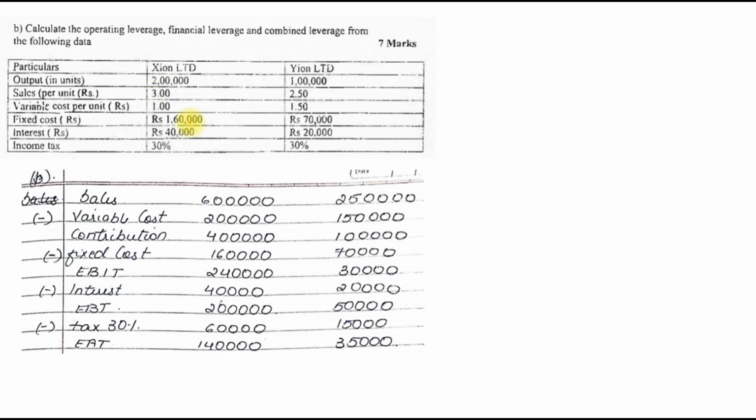So 2 lakh into 3, that is 6 lakhs, and 2.5 into 1 lakh is 2.5 lakhs. Variable is 1 into 2 is 2 lakh, 1.5 into 1 is 1.5 lakh. You minus, we get contribution. Fixed cost is already given as 1.60 and 70. We take it as it is, minus, we get EBIT. Interest given is 40 and 20. We take it as it is. We subtract it, and when we get it as,